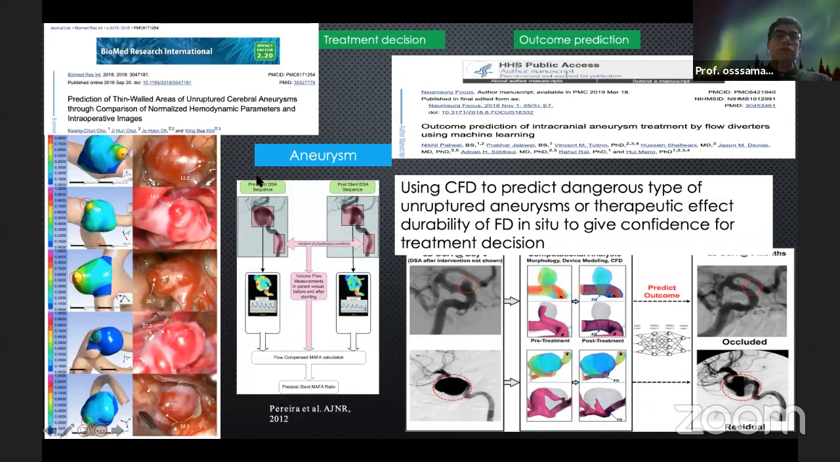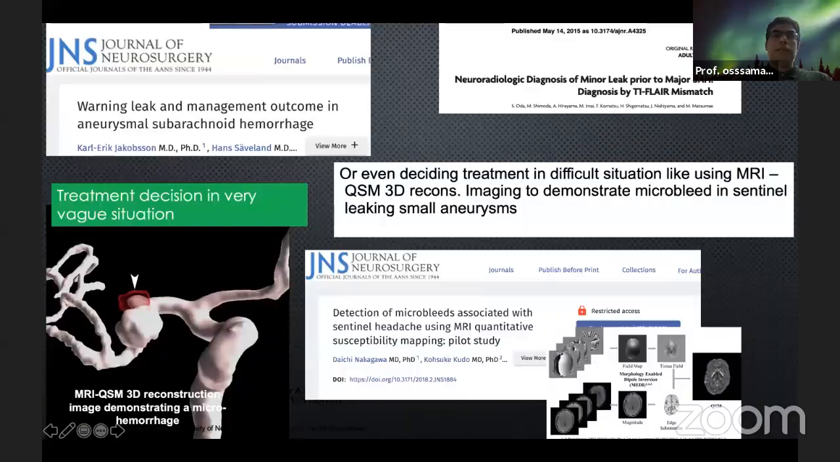And also the use of QSM 3D reconstruction, which is an SWI sequence from MRI. By this sequence, you can detect the minimal leak of hemorrhage around the aneurysm, and you can see that this unruptured aneurysm is a dangerous and alarming aneurysm, and you can make a decision of treating such